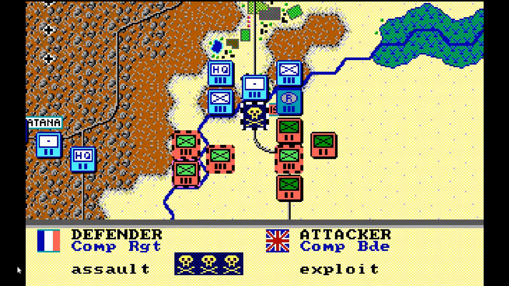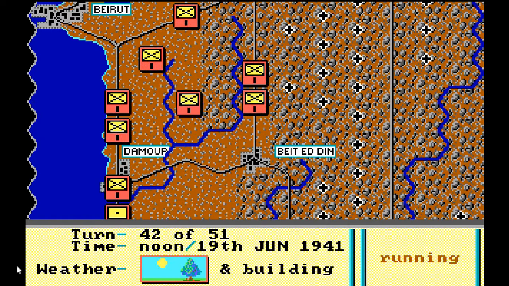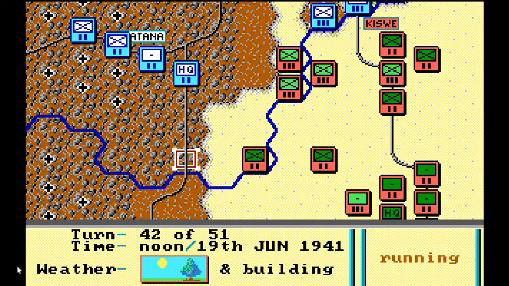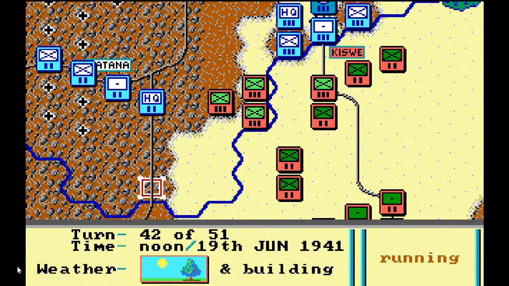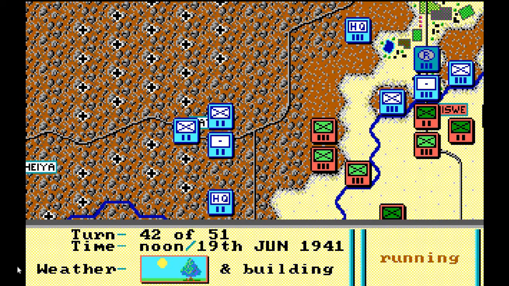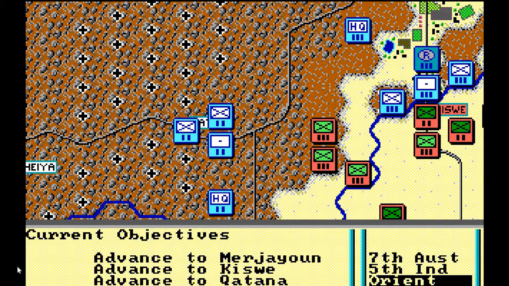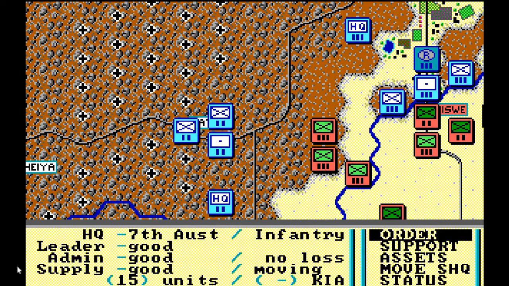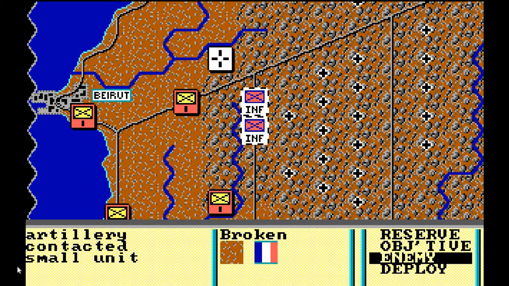I wonder how much Vichy armor is left. Oh, we killed that one too. Did we kill 3 units in this turn? Wow. Good stuff. Huh. Now I think we have more maneuver space in the east there. Alright, afternoon, 19th of June 1941. 7th Australian, 21st Brigade. Okay. See, I think they can... I wonder...